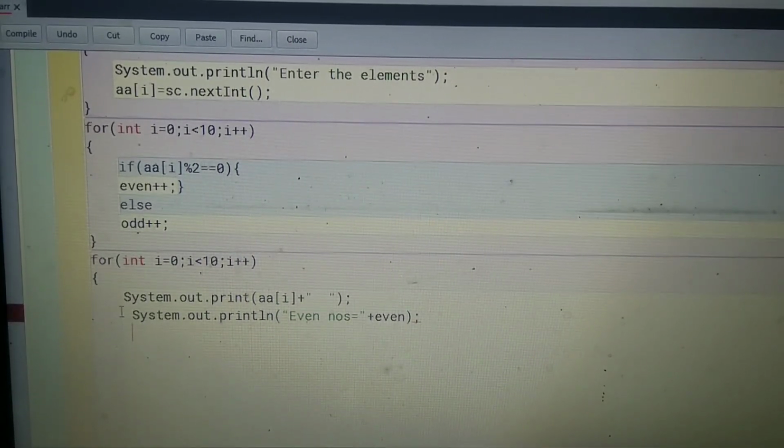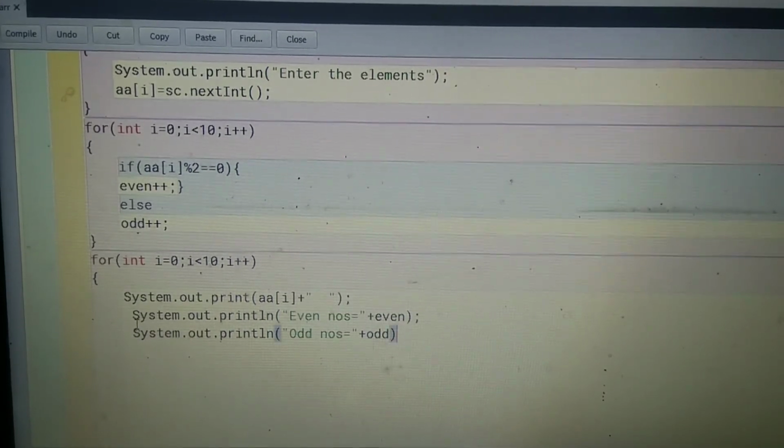After this, do the same for the odd number: odd number is equals to, plus, print the odd variable here, okay.